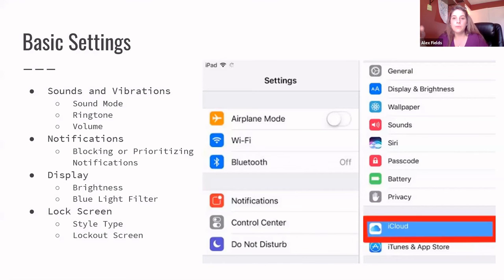Any questions about basic settings? I'm not sure where the lockout, maybe it's a newer phone or an older phone. Let me go ahead and go to my settings. So under display, okay. So if you go to your settings and then you click display, and you scroll down, there should say auto lock. Okay, you can change it to, oh, it goes up to 5 minutes on